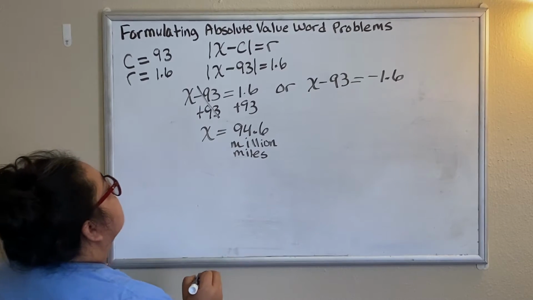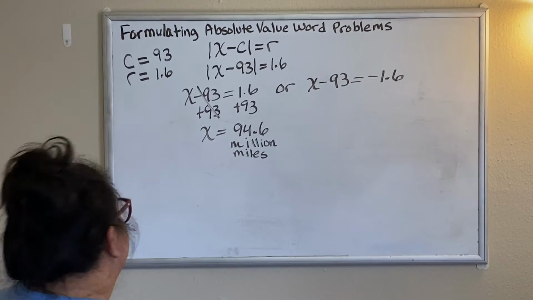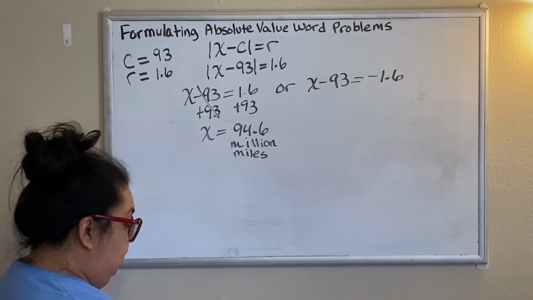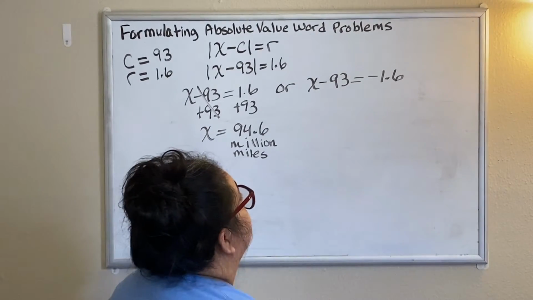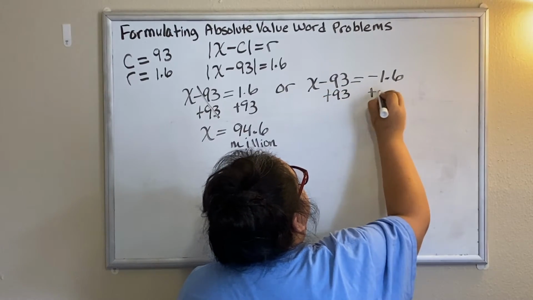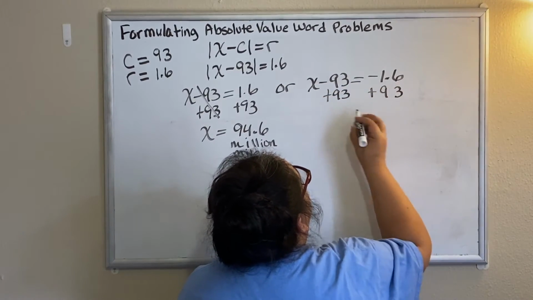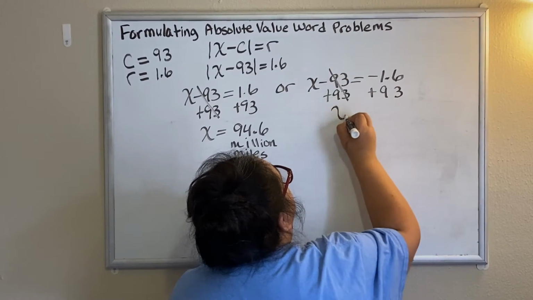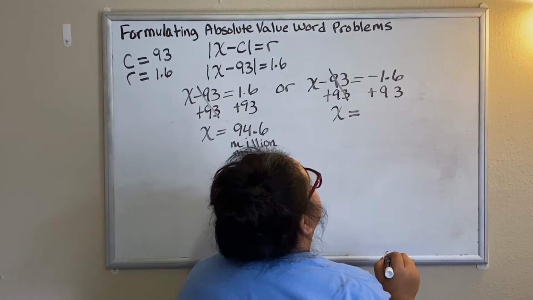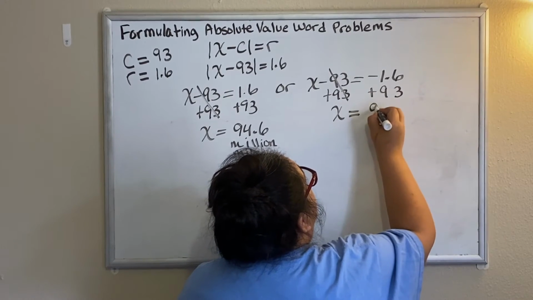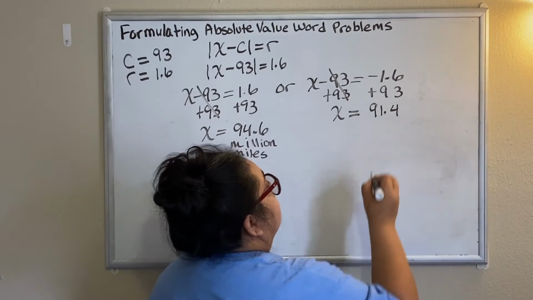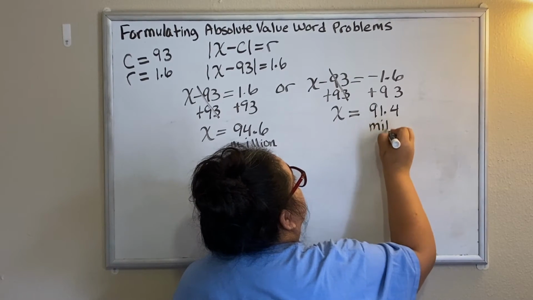Okay, this is in millions of miles. All right, so now let's look at the second equation. In the second equation, same thing, we're going to add 93 to both sides. That's going to eliminate, and we get x equals negative 1.6 plus 93, which is 91.4. And this is in millions